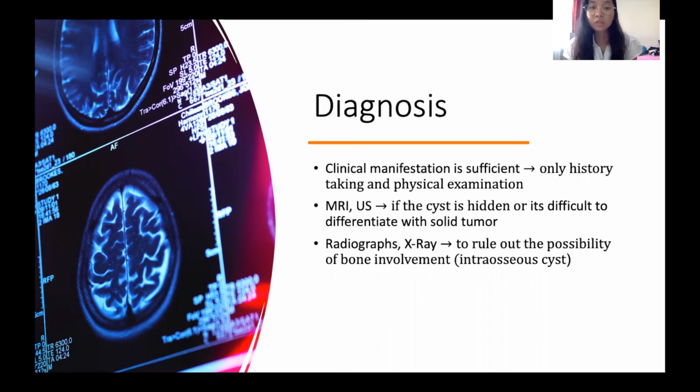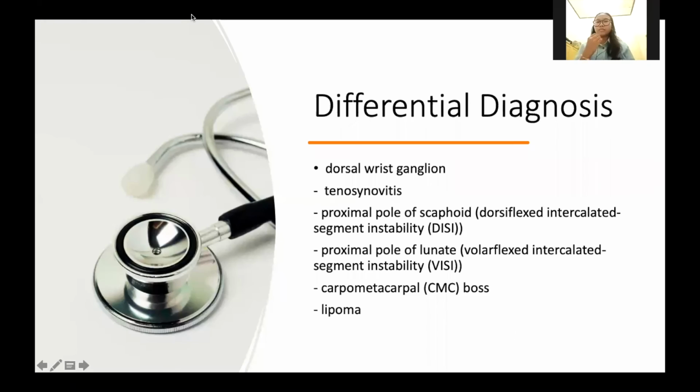A mucin-filled synovial cell-lined sac without a genuine epithelial coating is the standard histopathological presentation. In most ganglion cysts, the dense mucinous substance present is extremely viscous due to a high concentration of hyaluronic acid and mucopolysaccharides. Number 25. So the differential diagnosis of ganglion cyst for the dorsal wrist ganglion is tenosynovitis, proximal pole of scaphoid,